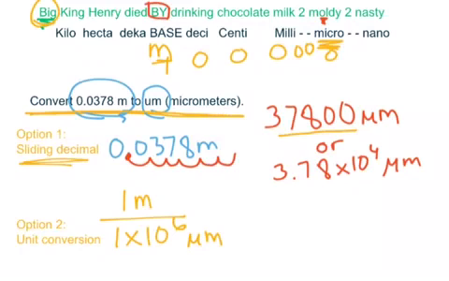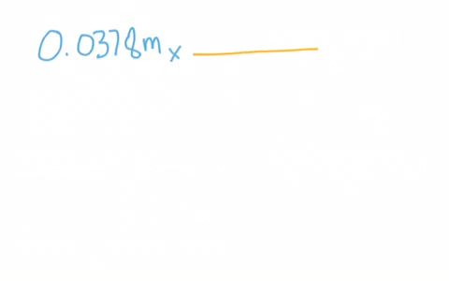So again, I found my meters, I found my micrometers. The larger unit, the one to the left, is always 1, and then I add zeros as I move to the right. So it's always going to be positive exponents that you see in these conversions. So let's go to the next page and finish up that calculation. So I write my given down, 0.0378 meters, and then I put my 1 meter in the denominator so that my meters will cancel,